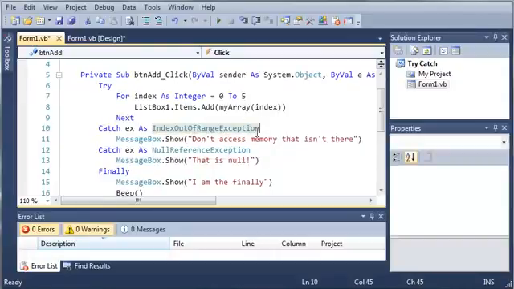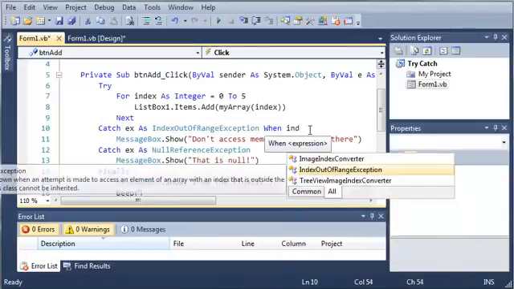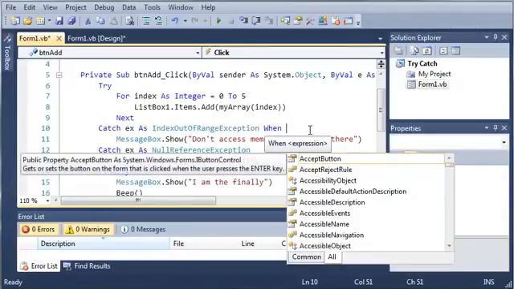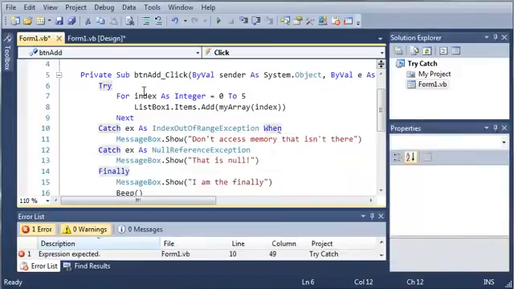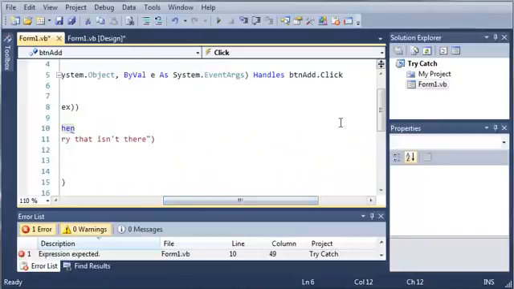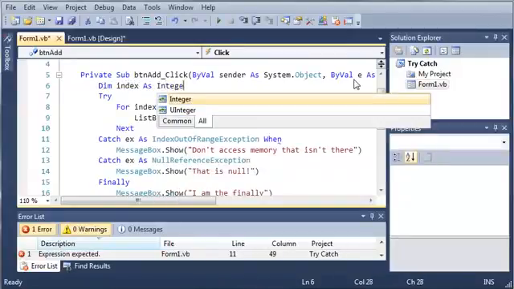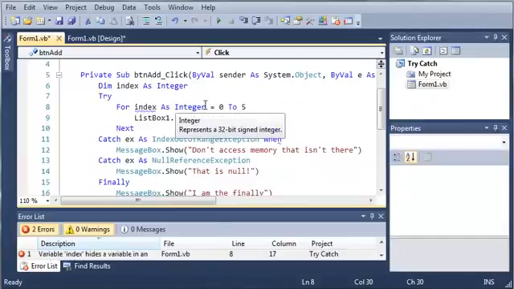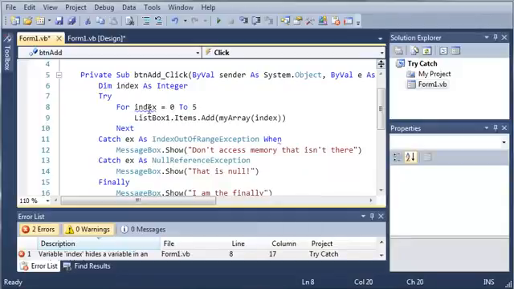So we want to catch this index out of range exception only when a certain thing has happened. So we'll just type when. And now what we can do is type whatever we want right here. So let's go ahead, and to be able to access index, let's declare it outside of our try catch statement. So dim index as integer. So now what we need to do is just get rid of this right here. So for index equals 0,